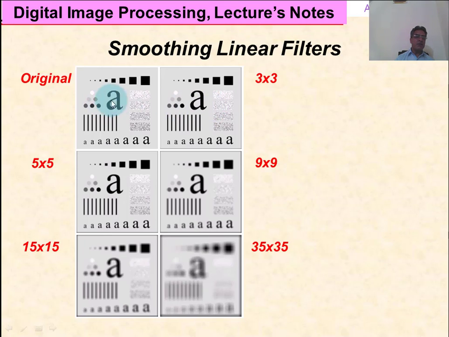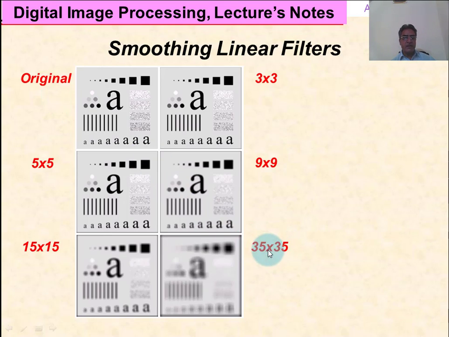And when we perform a 5x5 mask or filter on this original image, it will become a blur image like this. And when we perform a 9x9 matrix or filter on this original image, the output blur image will become like this. And for a 15x15 mask, this is the input image, and the blur image is the output image, and the result will be like this. And if it is a 35x35 mask,